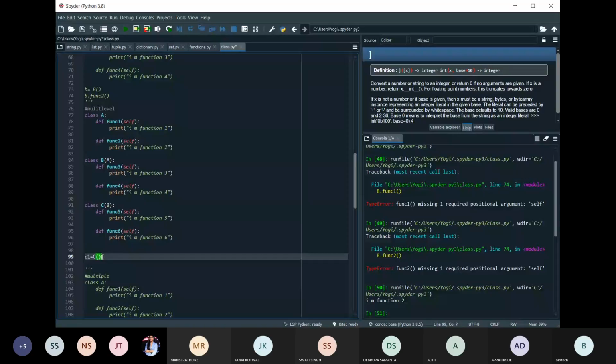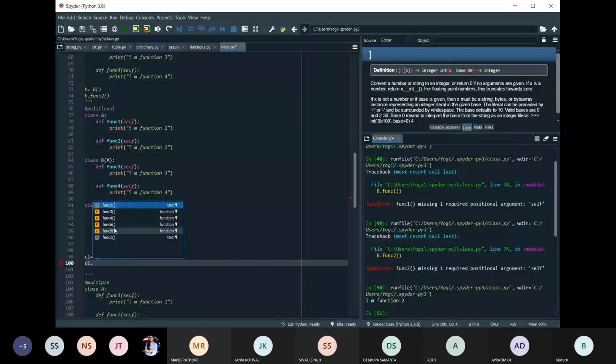It means C is inheriting the property of B and B is inheriting the property of A. So C can access all the functions. If you write C1 dot, see, it has access to function 1, 5, 6, 3, 4, 2. All the functions it can access. Suppose I want to access function 1 of A class, I will be able to do that.